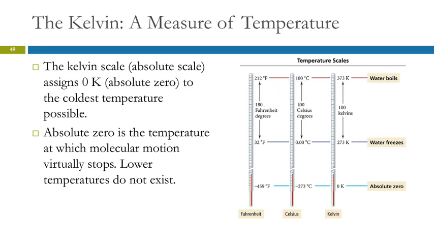So between the Fahrenheit and the Celsius, we have 2 things that are different. The 0 point is different, and the size of the divisions is different. Here we have 180 degrees, here we have 100 degrees. Then over here we have the Kelvin temperature scale, which we will be using especially when we talk about gases. This has 100 divisions, so 100 kelvins is the same as 100 degrees Celsius, but 0's in a different place. The Kelvin scale is based on the concept of absolute 0, the lowest possible temperature at which all motion would cease. And so on the Kelvin scale, you do not ever have a negative number, and that's a big advantage